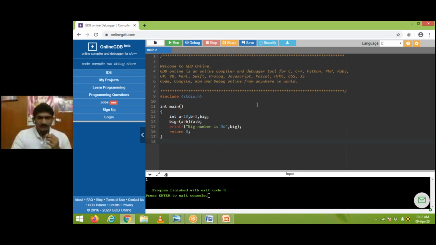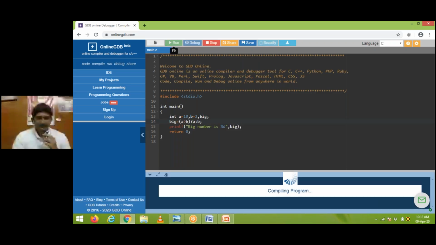Okay, all of you see the program. So here I'm declaring a value 10, b value 2. Which one is big? Obviously you know that the value of a is big. That means 10 is big. So I'm declaring the variable big. Okay. You can also zoom the screen. So here I am declaring big equal to a greater than b. That is, 10 is greater than 2. So here the condition is true. Now after that question mark, what is the value? a. That means the value of a is stored in big now. That means big equal to 10. I'm printing big. That means 10. So now we'll run the program.